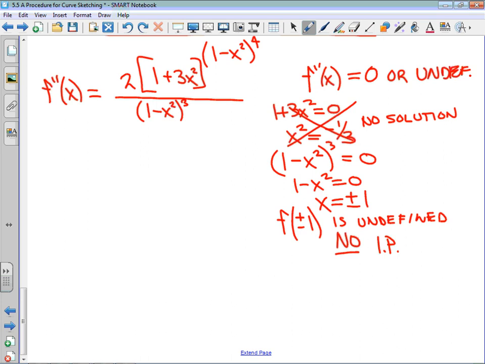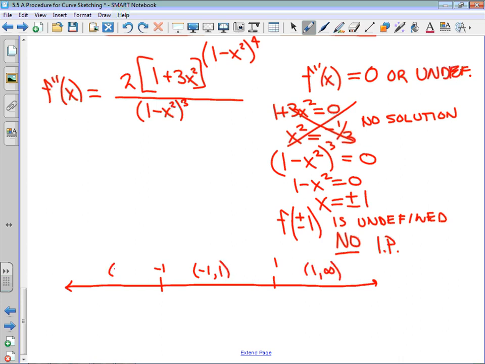Now, really what's going to happen here is the concavity switch is actually going to occur over the asymptotes. And we'll see that when we make our chart. I've got to make sure I get everything that I need for the chart. So I'm going to put a big number line there. I'm going to put negative 1 here, positive 1 here. This interval is negative 1 to positive 1, 1 to infinity, and negative infinity to negative 1. I'm going to drop these lines down, and then for my factors,